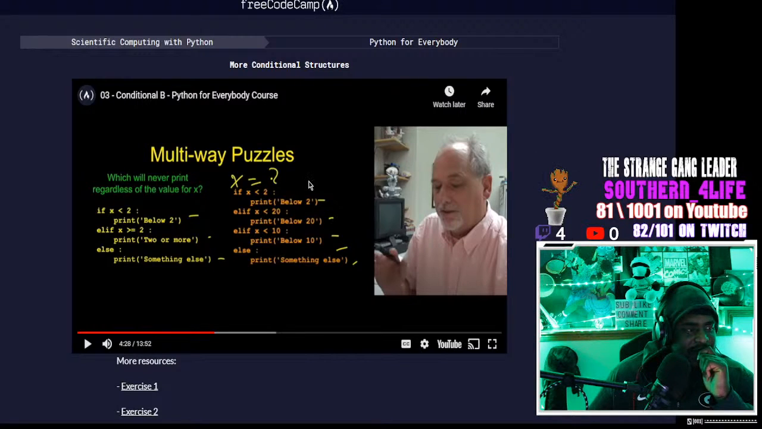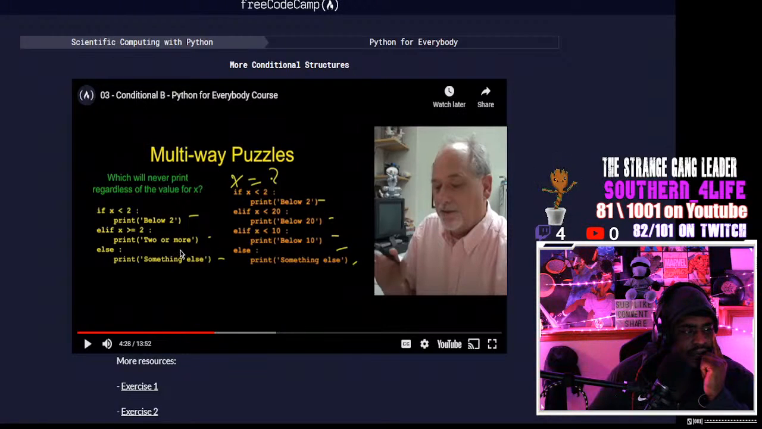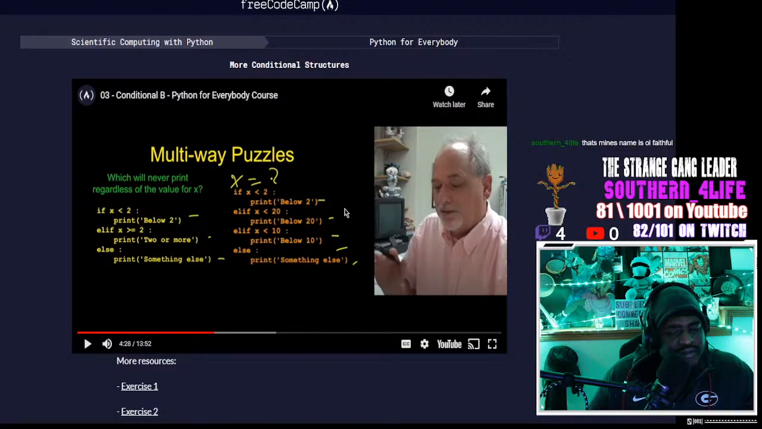Okay, so, multiple weights puzzle. Let's just take it from left to right. If x is less than 2, print below 2. Else if, or else statement, print 2 or more. Else if it's equal to 2. If x is greater than 2,